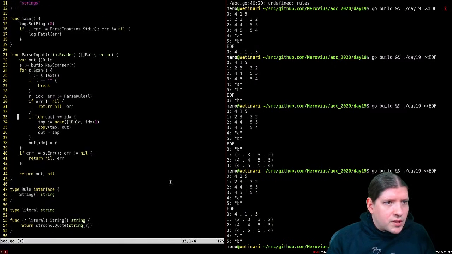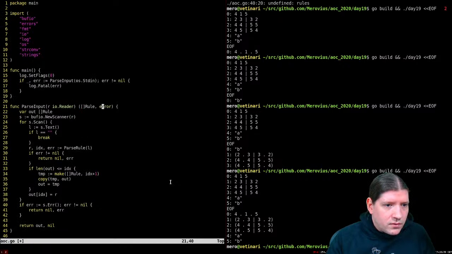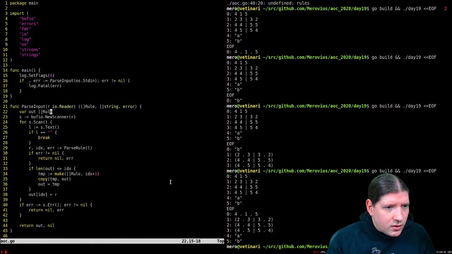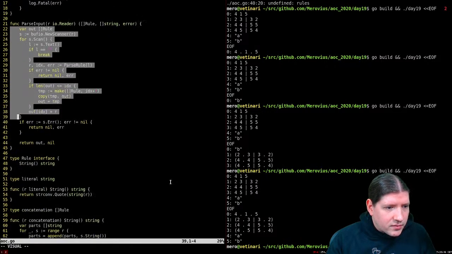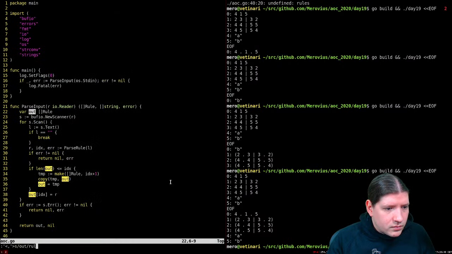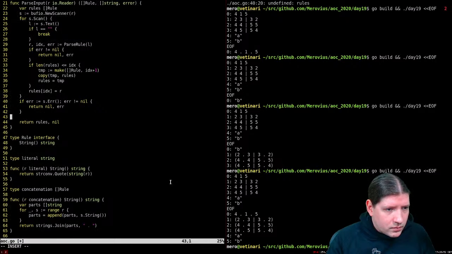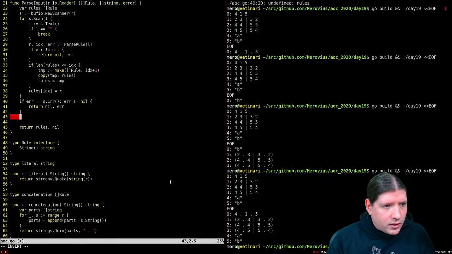Actually, after all, our function is called parse input and not just parse rules. So we rename that to rules, and we will say for words